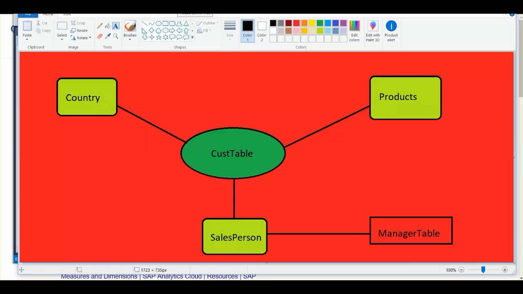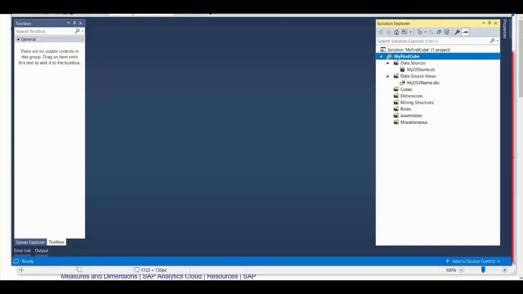For now, I am assuming and hoping and believing and praying that you understand the difference between measures and dimensions. I'm hoping that you know now how to pick a measure and how to pick a dimension. With this hope, I'm switching back to my favorite window, SSDT.